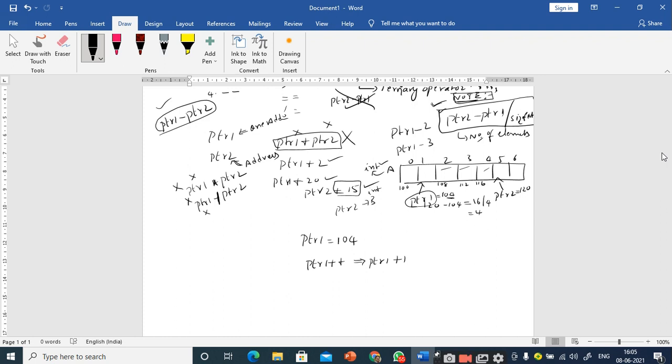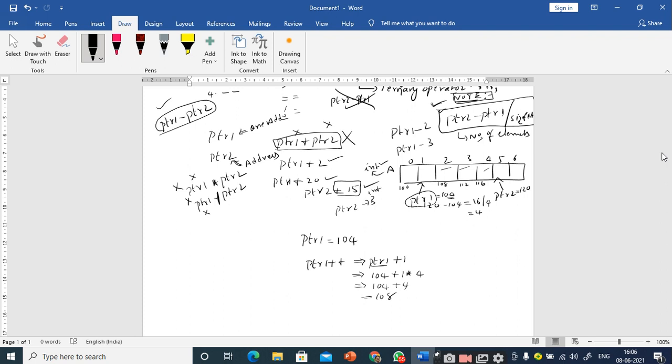This ptr1 plus 1 is going to increment the value of ptr1 such that it points to the next location. So 104 plus 1, is it 105 or 108? It will be 108. Why? Because ptr plus 1 means 1 into the size of integer. So it is 104 plus 4, that is equal to 108. Is it clear?